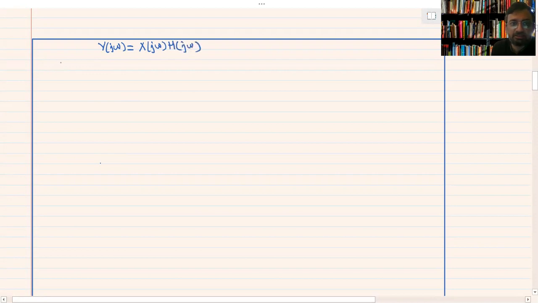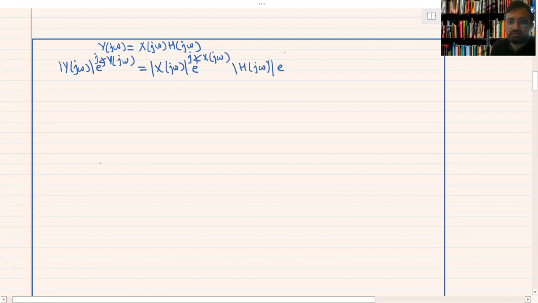If we work out the magnitudes and phases, the magnitude of Y(jω) and phase of Y(jω) is equal to the magnitude of X(jω), phase of X(jω), and magnitude of H(jω), angle H(jω). And now we can clearly see from here that the magnitude